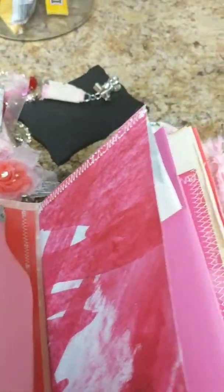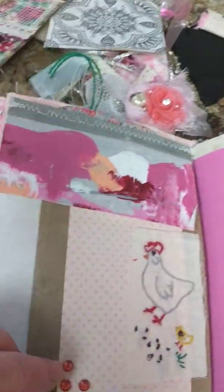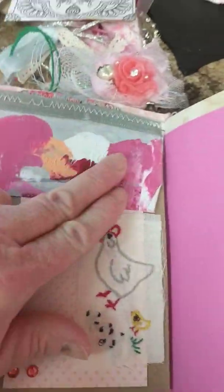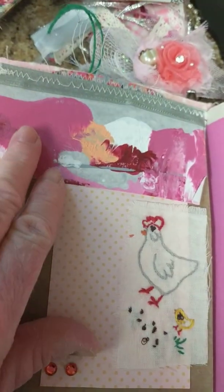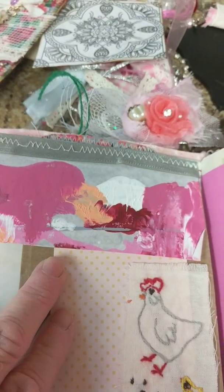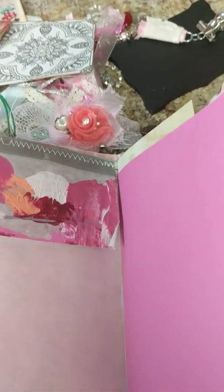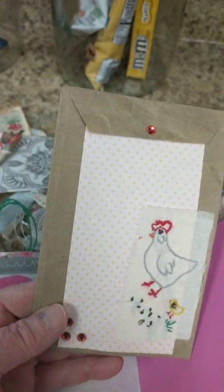Here's another one of my pages that I made. I used a card, like a gift card, to spread the paint on. And then I just globbed the paint on and then folded the paper in half, and that's what I came up with. I kind of like it. It's really textured. It's really neat. Nice journaling spot. I've got another little brown paper bag,